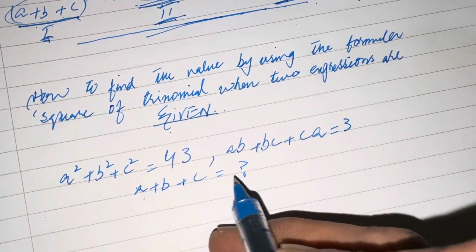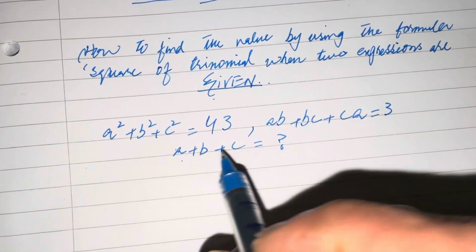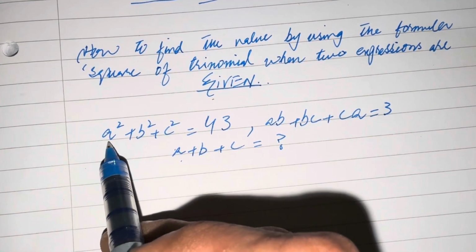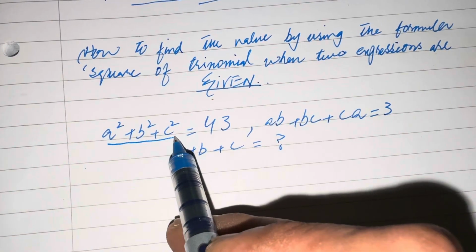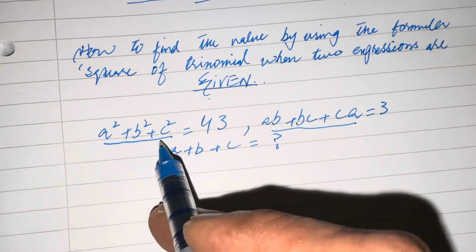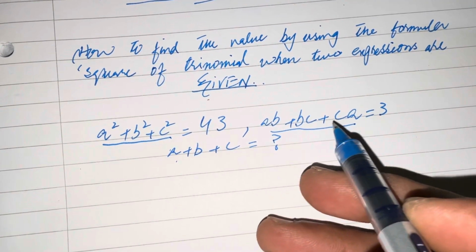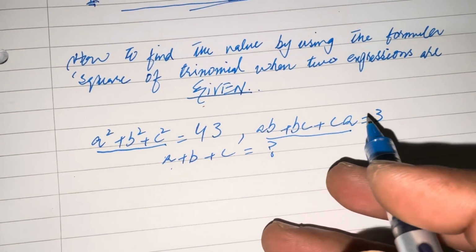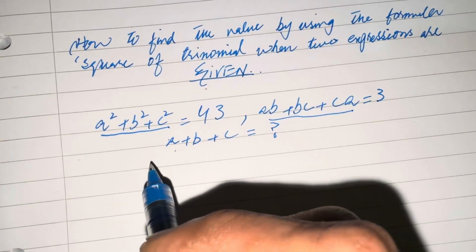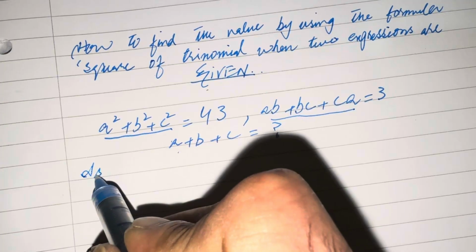That question mark means that we have to find the value of A plus B plus C when the values of these expressions are given. So a square plus b square plus c square is equal to 43, and ab plus bc plus ca is equal to 3. As we know,